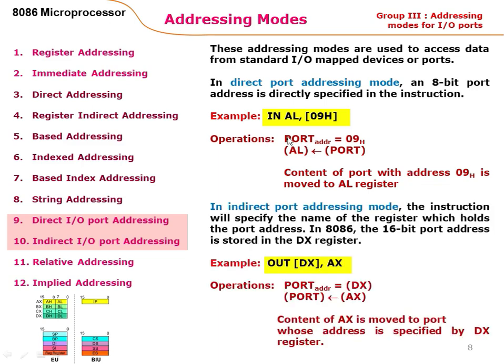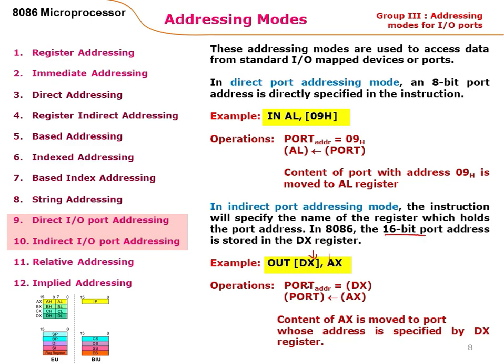And in indirect port addressing, the instruction will specify the name of the register which holds the port address. In 8086, the 16-bit port address is stored in the DX register. See here, we are using the instruction OUT DX in square brackets, comma AX. Here the value of DX, that is the 16-bit port address, is stored in the DX register, and this value is transferred over the address